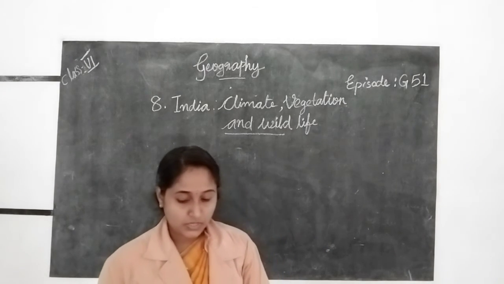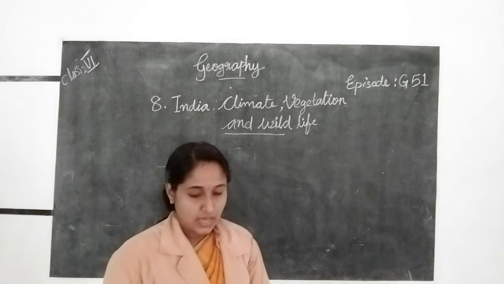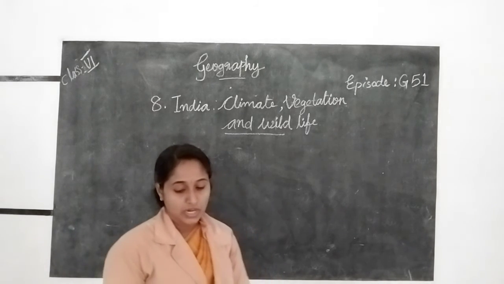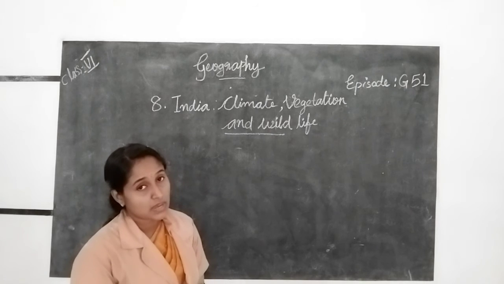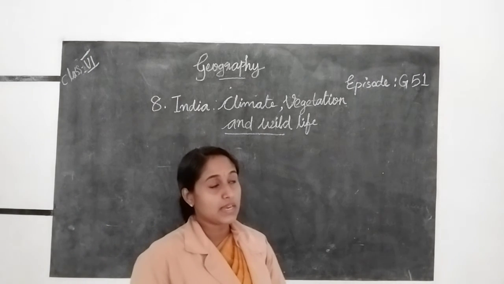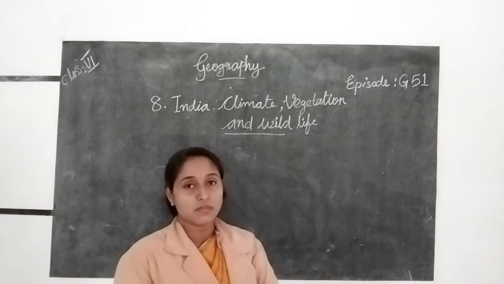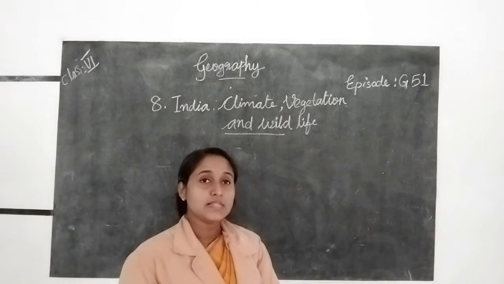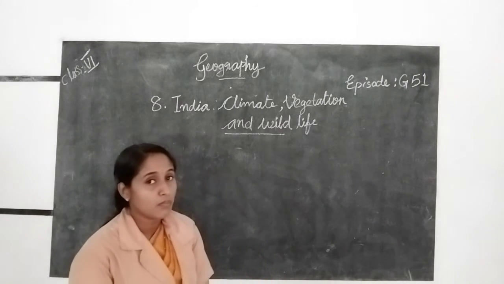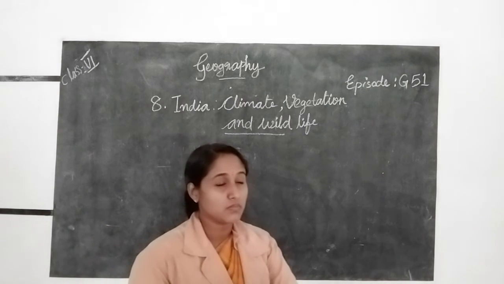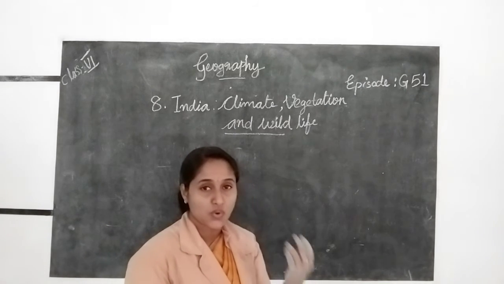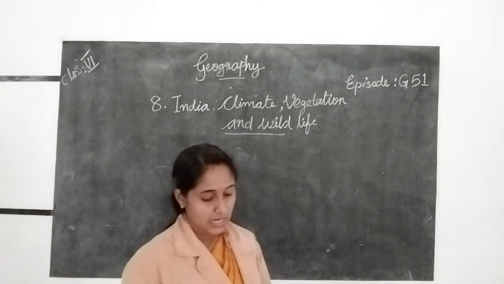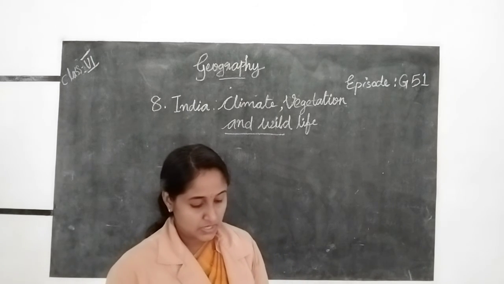And what is the speciality of tropical deciduous forest? This forest occurs in areas with monsoon and is found in regions with 100 centimeter to 200 centimeter annual rainfall, right? So this region also gets rainfall, but the trees are not that tall. This is not that dense a forest. That is the difference between evergreen forest and deciduous forest.